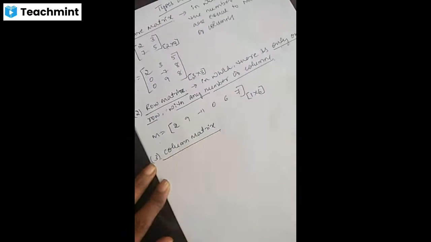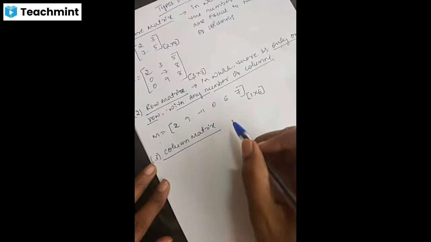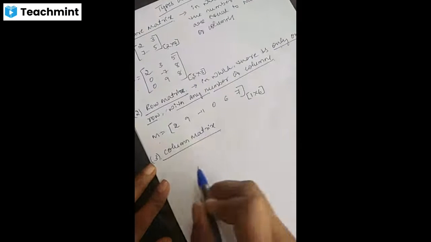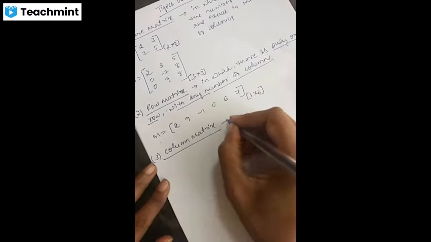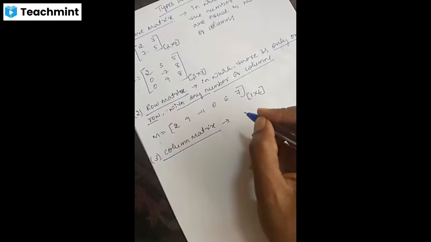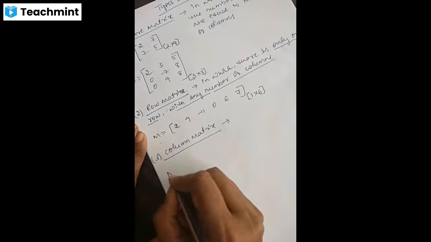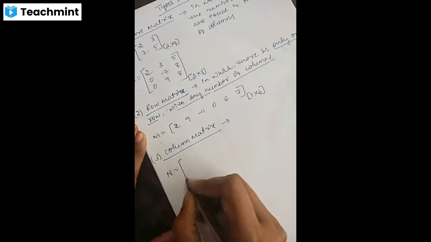What is the definition for this column matrix? Anyway, you have defined row matrix. Where there is only one row, we consider it a row matrix. Then what would be the column matrix? Where there is only one column with any number of rows. That is said to be what? Column matrix. See, for example, N is equal to